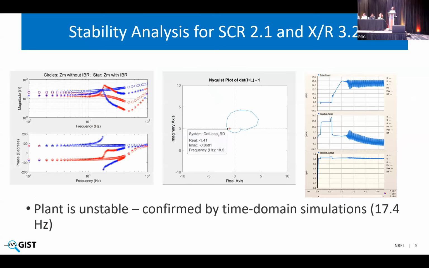But here's the question. If weak grid condition is the problem, then why are these oscillations occurring without any disturbance? Because the traditional understanding is that we go into weak grid conditions when we lose some line or when we lose synchronous generators. Basically, either the source of grid strength or the pathway, the transmission line, to bring that grid strength to IBRs. So why are we seeing these oscillations without disturbance?